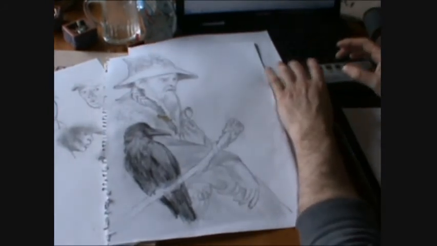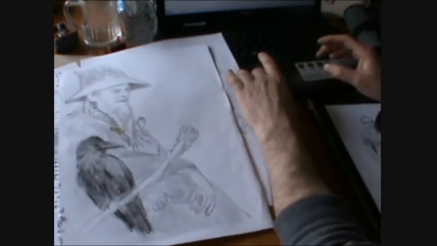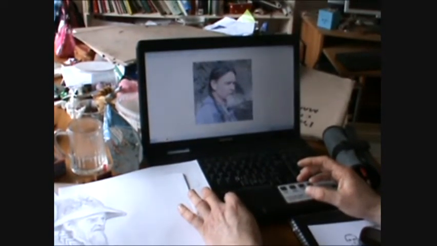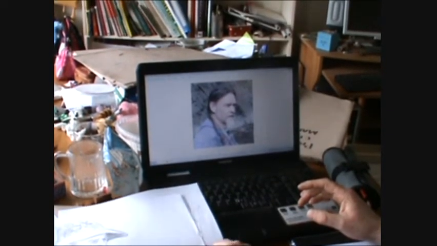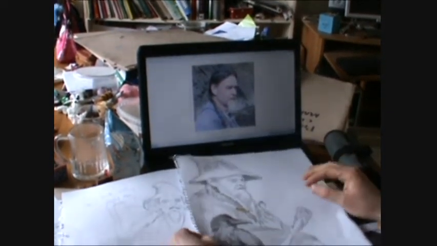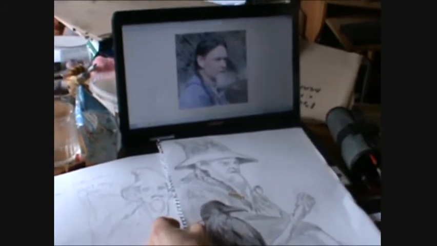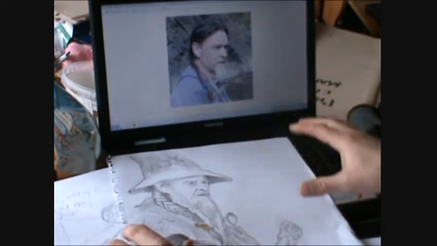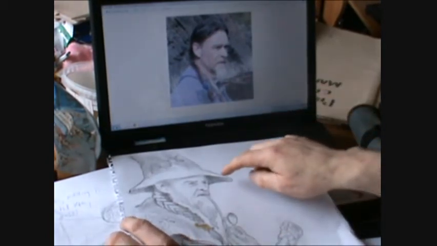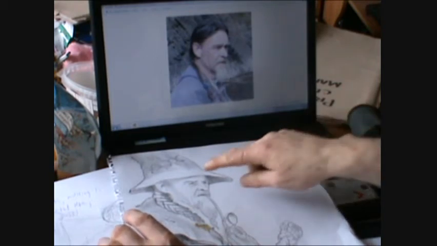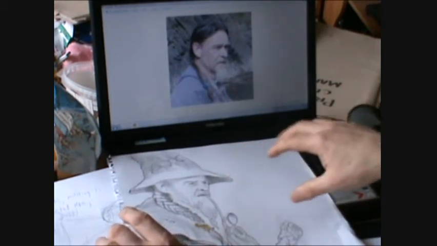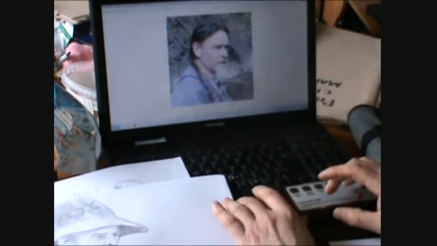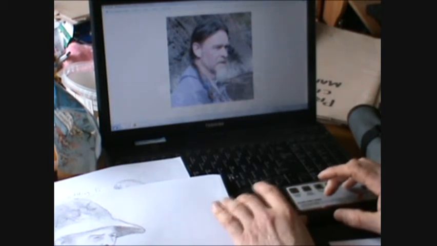So this is the picture I started from. Can I make it any bigger? I probably did when I was drawing from it. Gets blurred, but there you go. And this is where I got this. So hopefully you can see the lightness. You can see the musculature of the face. You can see that distance. I would hope you can see the distance of somebody not being quite in the picture but thinking about something else. So I took that, and